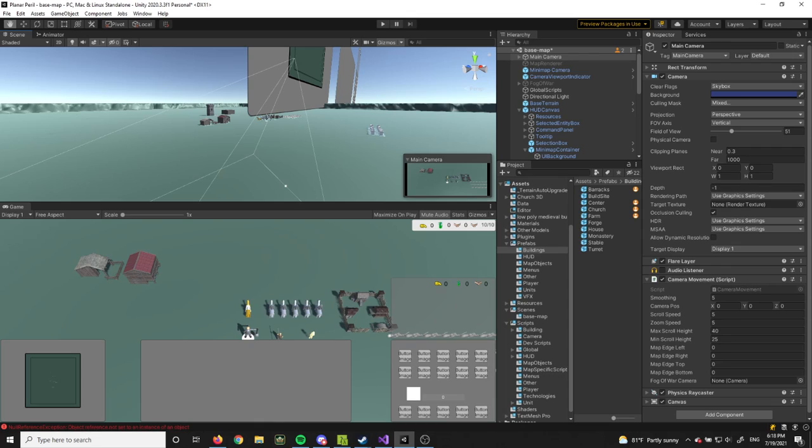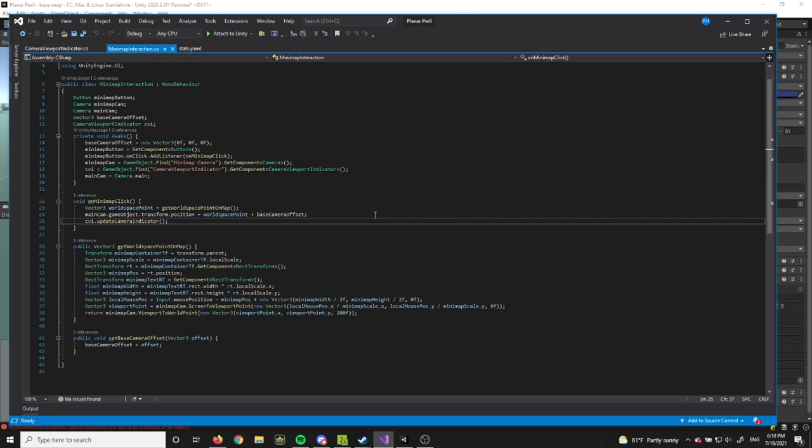And then finally, we have clicking to move the camera. This one is just a matter of translating the point you clicked on in the minimap, and I've got another script ready to go here. This whole thing handles that, but you translate the point that you had on the minimap into its viewport, and then using that viewport, convert it to world space. I have a little bit of logic here to adjust for the offset of where the minimap is in the UI. There is something called ScreenPointToLocalPointInRectangle. It didn't work for me, so I just did this a little differently, but it's probably the right way to do things. In any case,